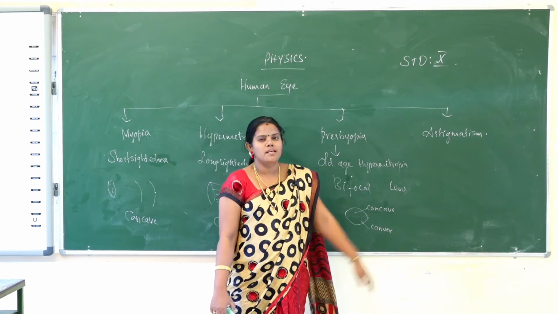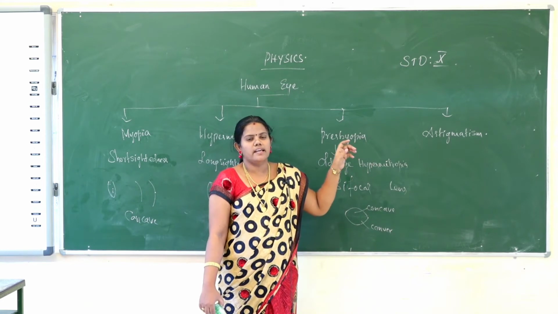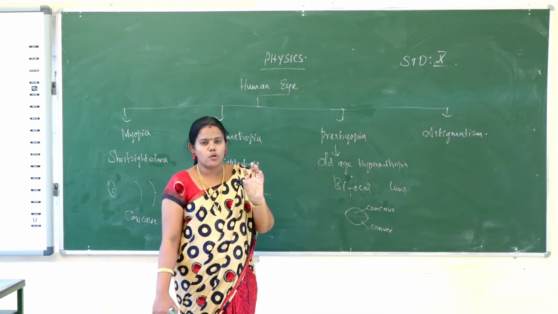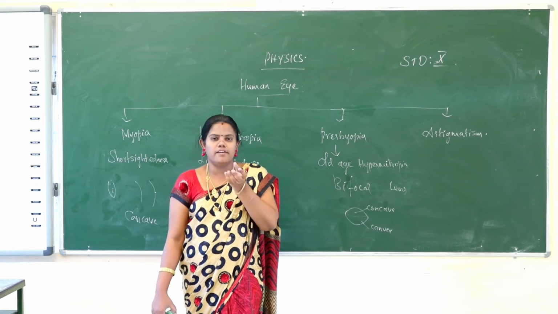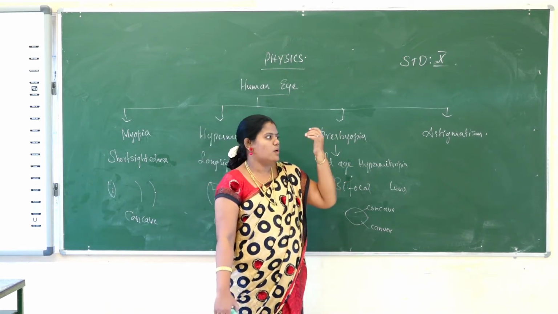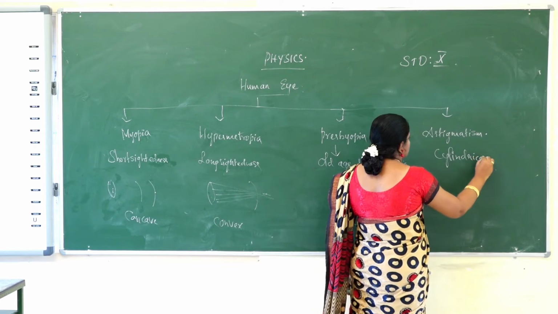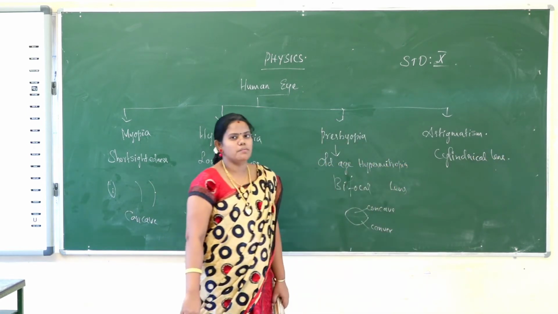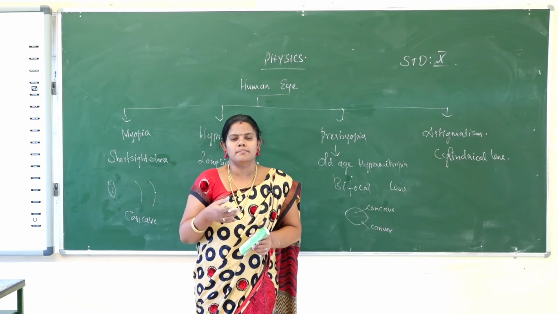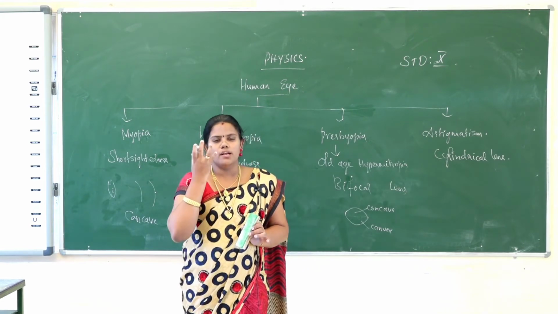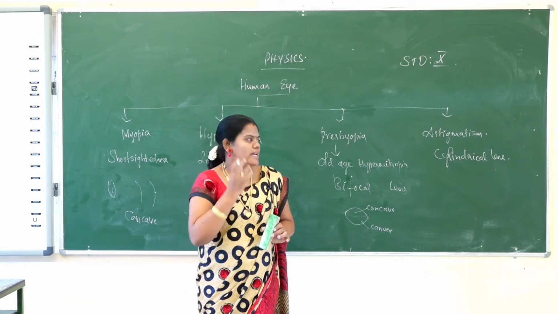And the last one is astigmatism. Astigmatism is a defect created by old age, ulceration in the cornea, or cataract. Some people have cataract, some have an allergy in the eye, and some have had an accidental injury in that area. For such people a cylindrical lens will be used to treat astigmatism. Astigmatism is created by ulceration of the cornea, cataract, or injuries by accident. At that time the eyeball changes and the eye lens becomes rigid, so they cannot see any object clearly. That is the disease astigmatism.